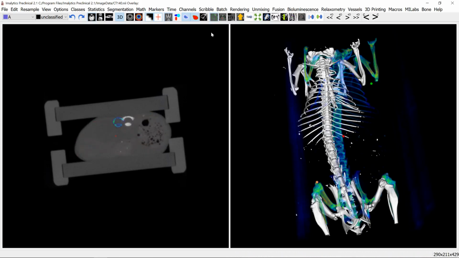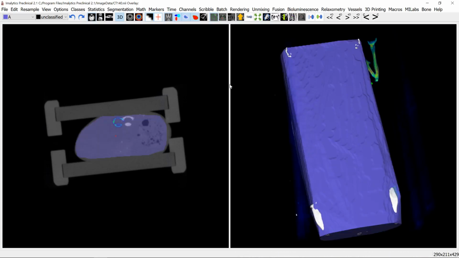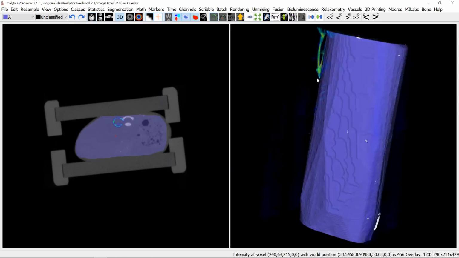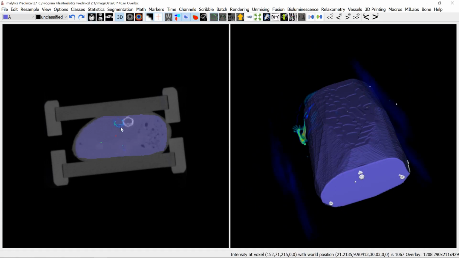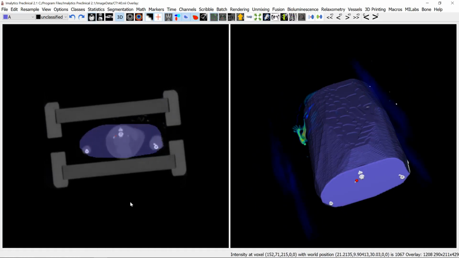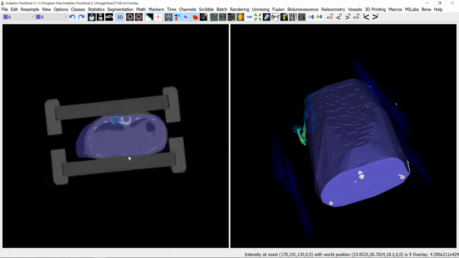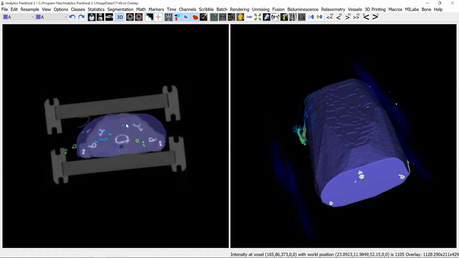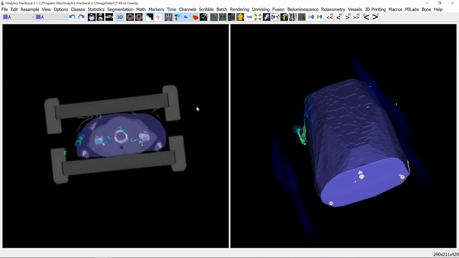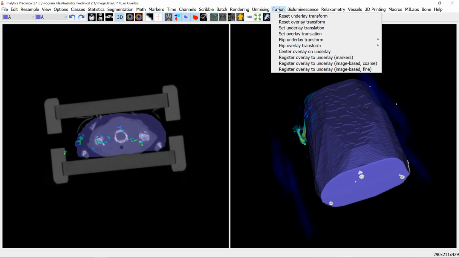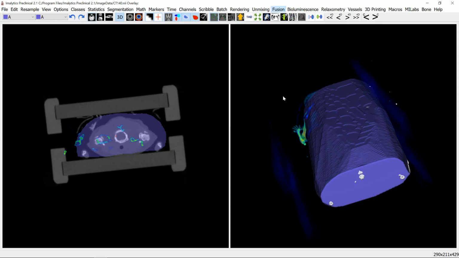But we already have one, we have loaded one here. It's this big region which does exactly this. So it's restricting the fusion to the mouse. Alternatively, you can restrict it also to the mouse bed or use the whole image space. So when you have defined that, you can click Fusion, Register Overlay to Underlay Image-Based Coarse,